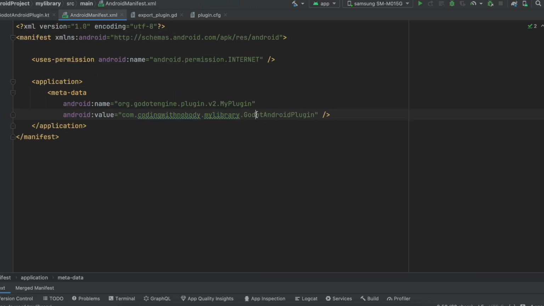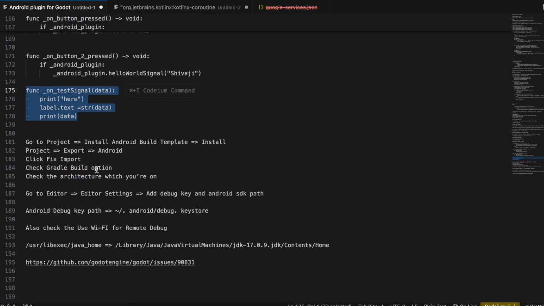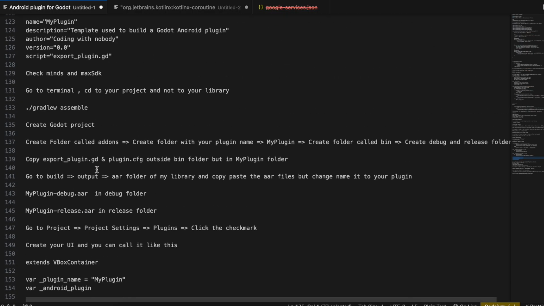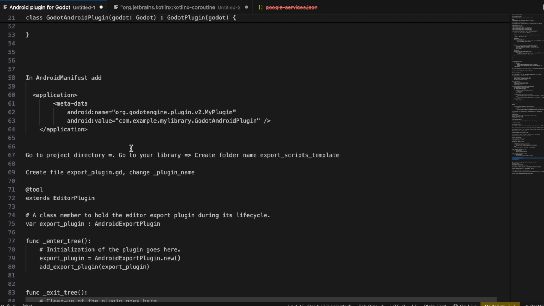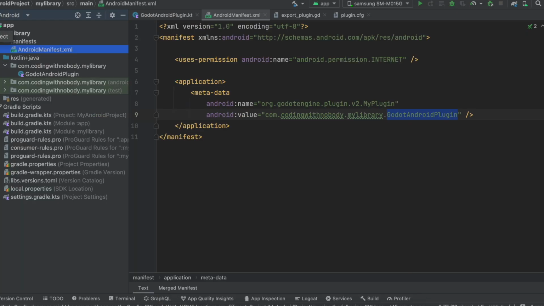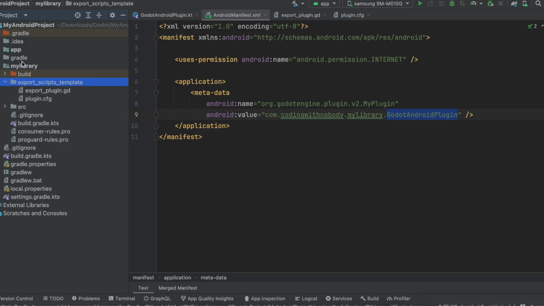That's what I have written over here. Okay, let's see what the next step is. So I've just created one cheat sheet for myself. Okay, so then you will have to again open this project, go to the project dropdown, go to your